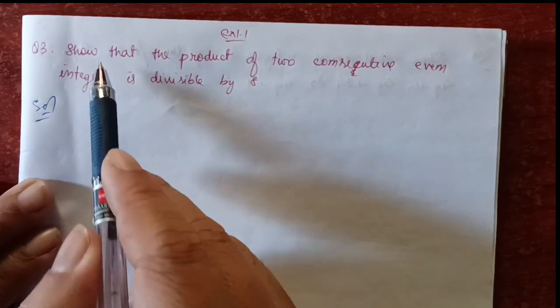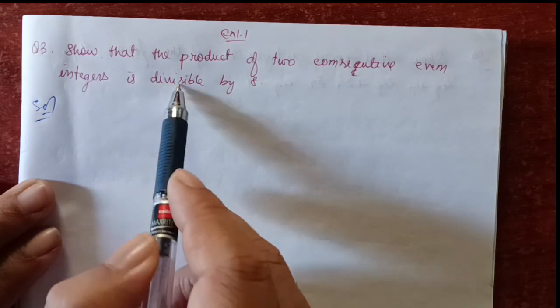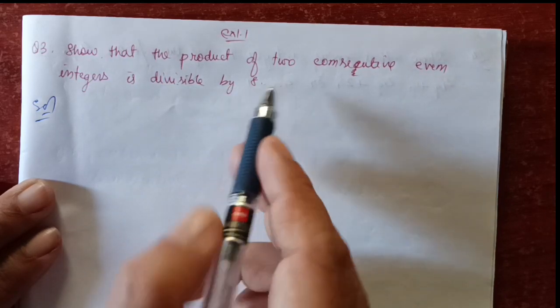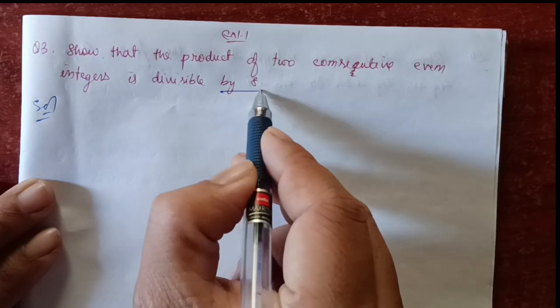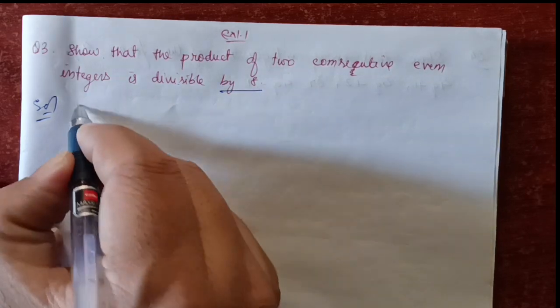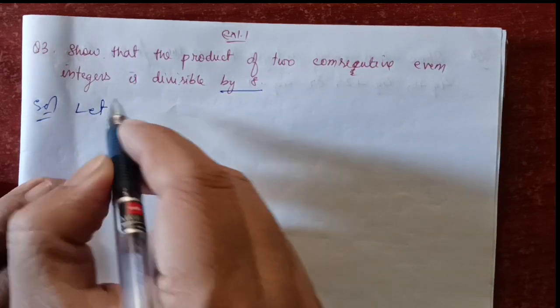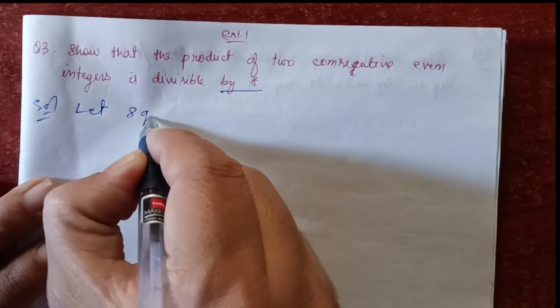Okay, now in question number 3, show that the product of two consecutive even integers is divisible by 8. Now what does it say? By 8, right? That means we are going to take the number 8. So let 8q